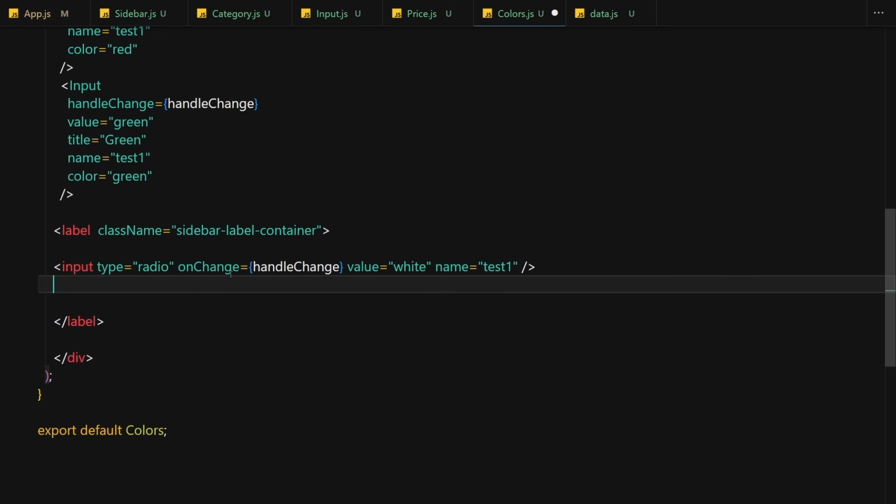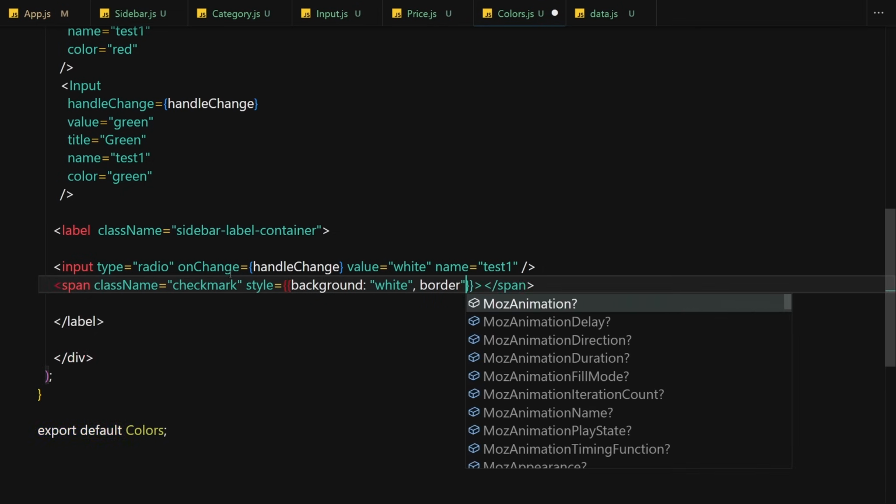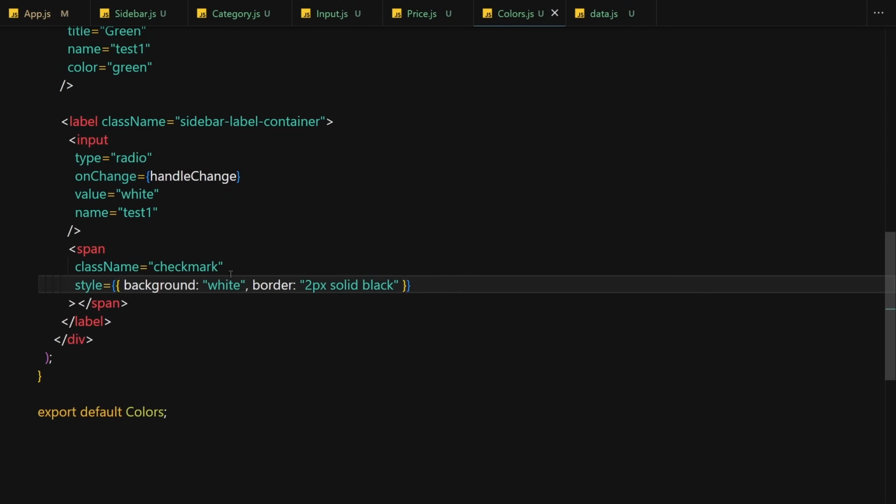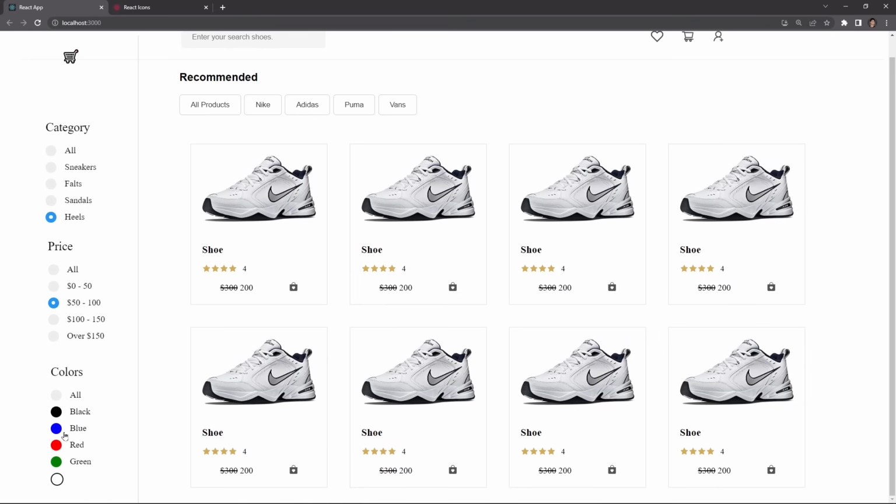So now underneath this input area, what do we have to do? We have to write our span with the class of checkmark, and we also have to specify some styling into it, like an inline styling. So I'll write background will now be set to totally white, and I'm going to also provide a border of 2 pixels solid, pure black. Okay, so now if you save our file,